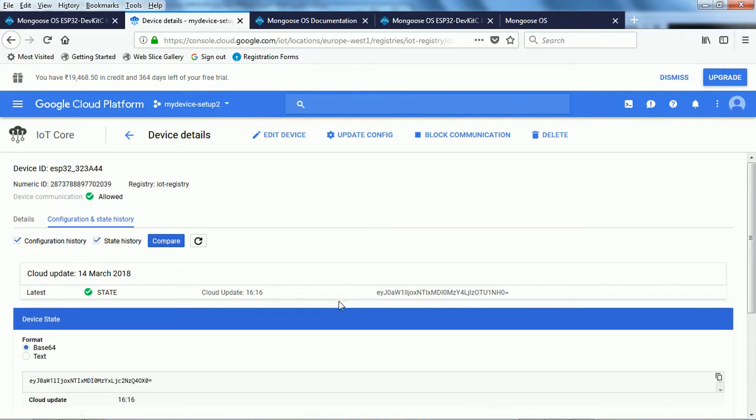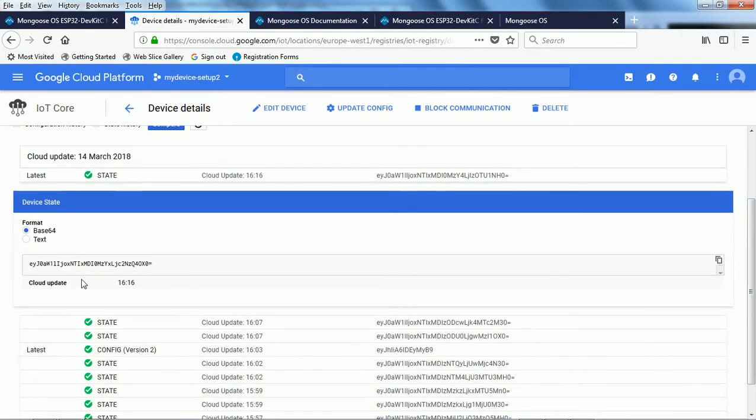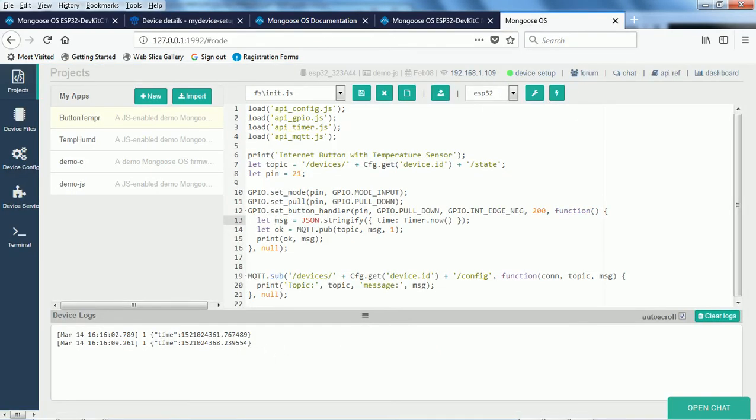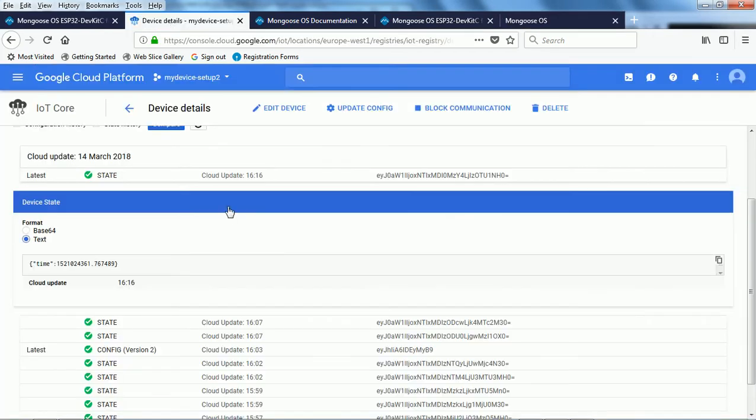So maybe I'll expand this. You can see, you go to the text. Here you can see this is the time, which was 15210 whatever .768. So we can see this is the same time, that message has come. Like that we are sending the messages. Two messages I pressed, so two times you can see at this time it has come.